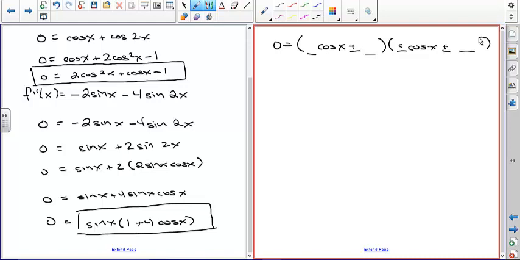I get pi over 3, 5 pi over 3, and pi. Okay, 5 pi over 3. Yep. It's usually the 5 first, but yeah, I understand what you're doing. Yeah. So the first one you can use the unit circle and remember what you did from pre-calculus. The second one you can't. You can do it for this one, but for this one you got to use the reference angle because we don't know,